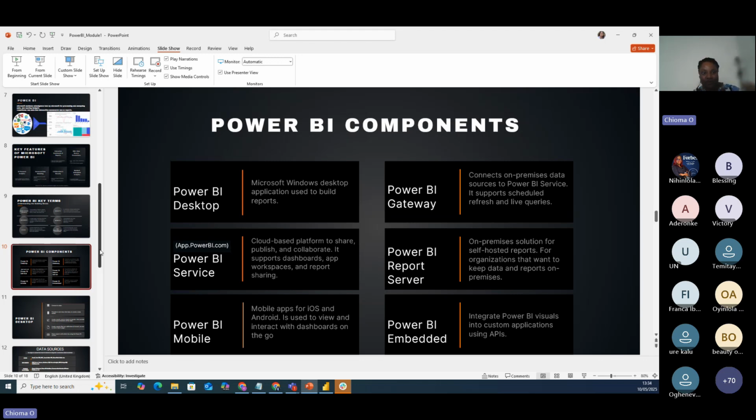It's on the cloud, right? So when we're done building, or we're building on our desktop, whenever we want to start collaborating with other people, we need to publish it into our Power BI service. And the essence of doing that is that wherever you're located, I can just log in and see what you